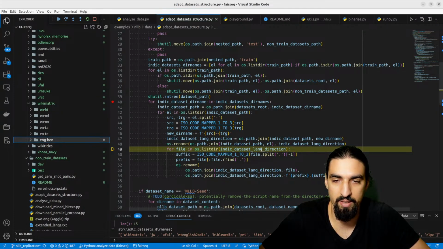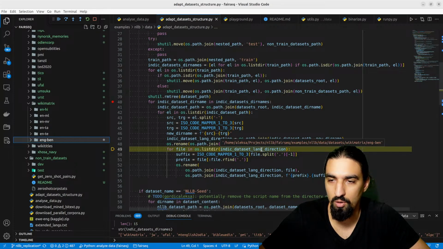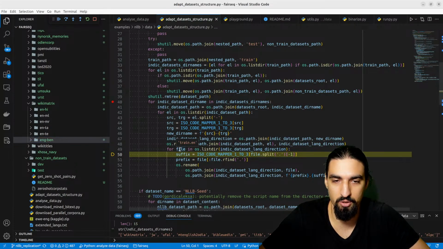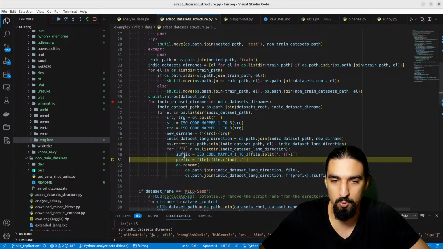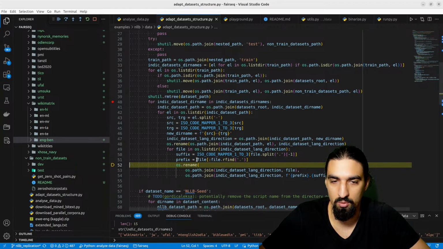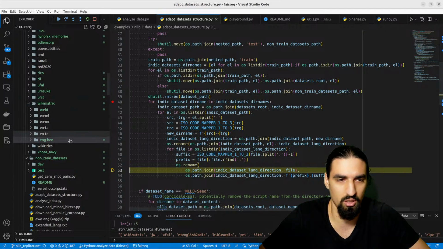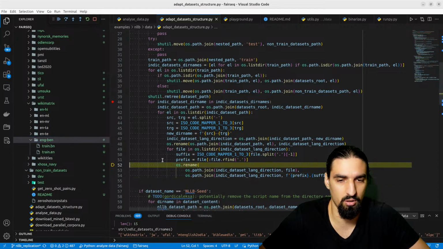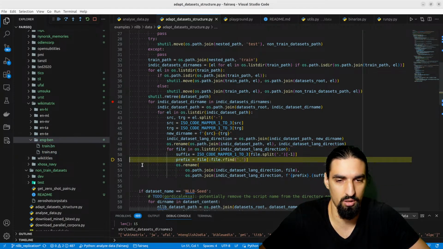Looking good. And then we iterate through that directory. And we grab the suffix, which is going to be the en, and then map to English. And then we basically create a prefix, which is train. And finally, we rename that file into prefix followed by the right suffix. Okay, that should be good. As you can see,